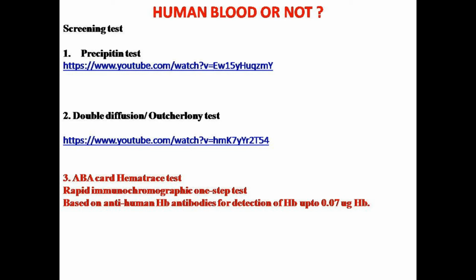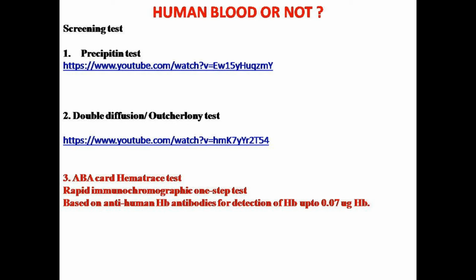Now the next is the agar gel diffusion method. In this, an agar layer is made on the glass dish. Then in the center a hole is made in which the blood stain or sample is placed. Then around this hole small holes are made in which human antiserum is placed along with the control. If a white precipitin band is obtained, it shows that the blood is human because it is reacting with the antiserum.